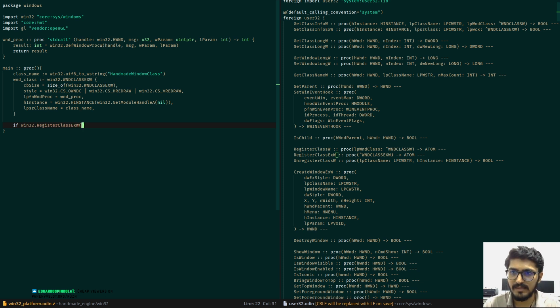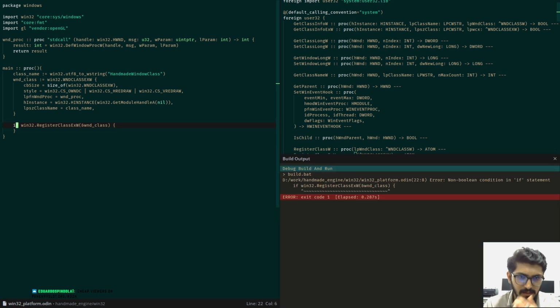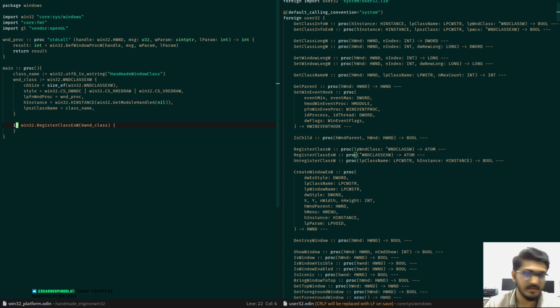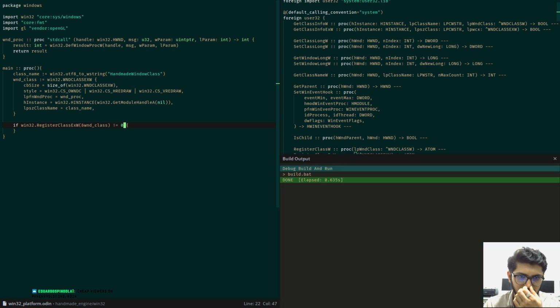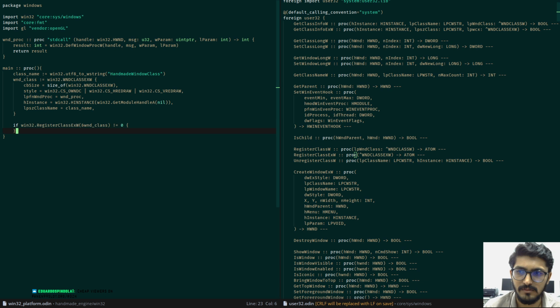So XW will take in our wind class, and as you can see, it takes in a pointer to the wind class. So we just send the address to wind class, and I think it does not work like that. Yeah, non-boolean condition. So we need to check if it's zero. If it's not equal to zero, I guess this would work. Yeah, if it's not equal to zero, and we can also do else,